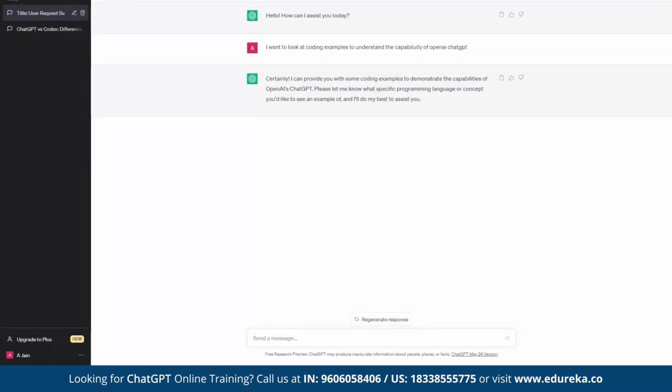Okay. So let's look at some examples of how ChatGPT can be used for bash scripting. So for example, I can ask it very specifically.